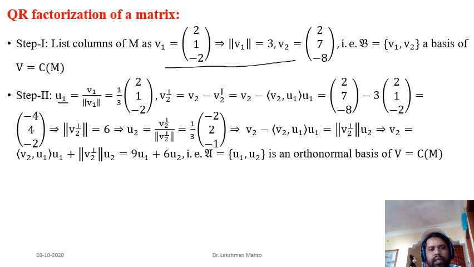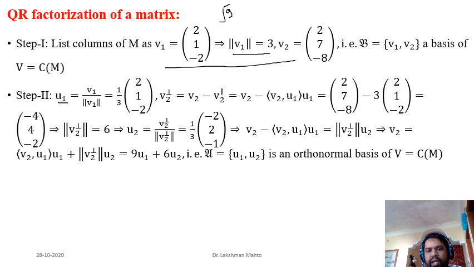So u1 would be what? It is the normalized version of V1. So directly V1 is this one. What is the norm of V1? We will divide V1 by the norm of V1. So the norm of V1 would be 4 plus 1 plus 4, and take the square root of that. So the square root of 9. The square root of 9 is 3. So the norm of V1 is 3. Right now we don't need to calculate the norm of V2, we just need the norm of V1. So we got the first unit vector u1.